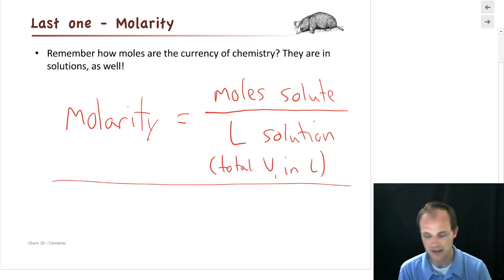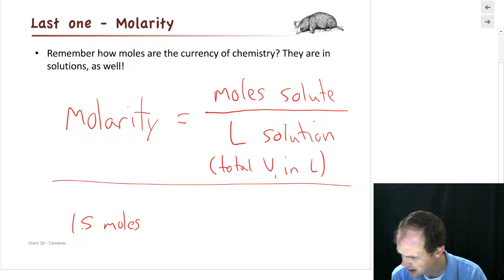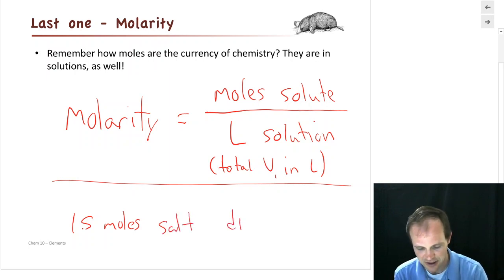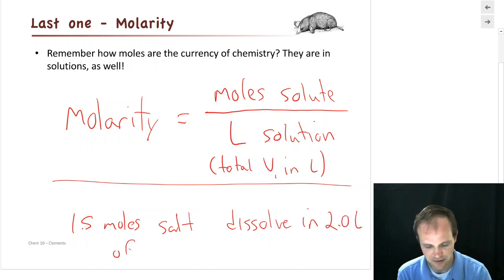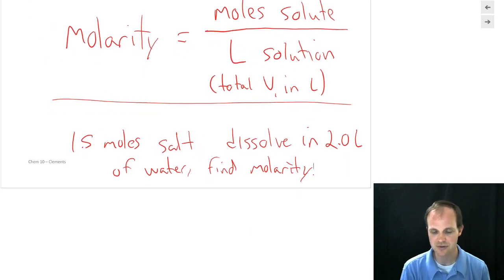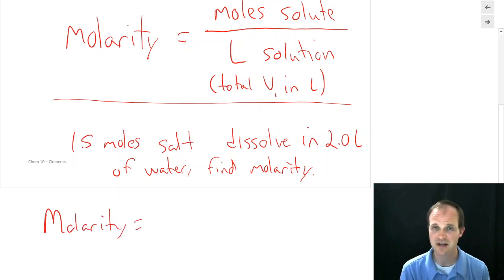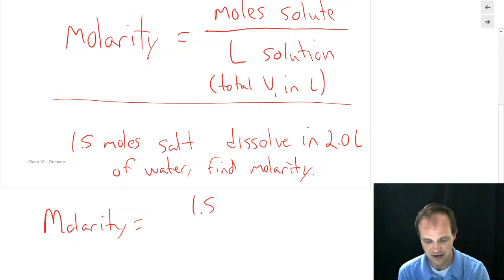So let's do a very, very quick and easy example. We're going to take 1.5 moles of salt, and we're going to dissolve in 2.0 liters of water and find the molarity. Okay, 1.5 moles of salt dissolve in 2 liters of water and find the molarity. We'd say molarity is moles of solute. What's my solute? I have less salt. So it's 1.5 moles of salt